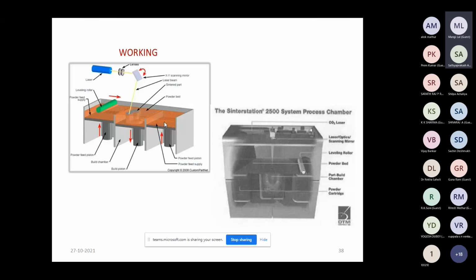In the right picture, this is the actual Sinterstation 2500 system process chamber. Here you can also see the operation. I will also show you a small video if we have some time. So this is selective laser sintering.